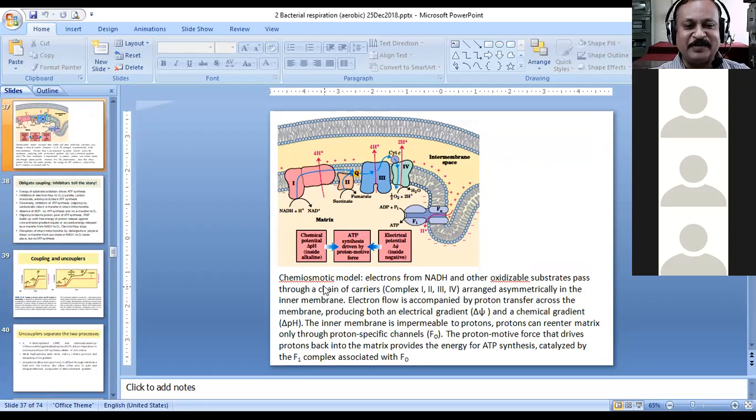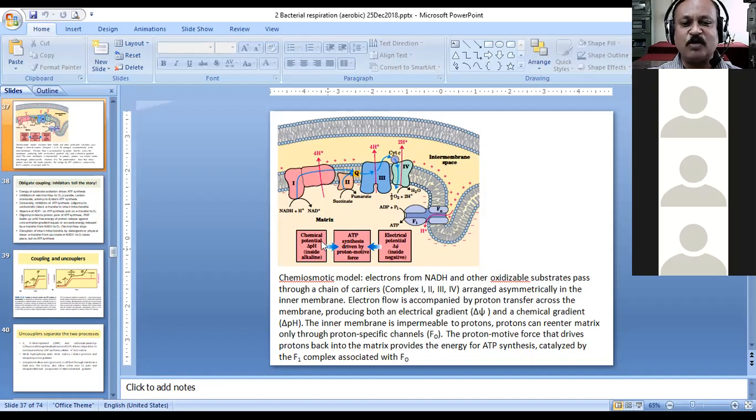So this is what is telling us about the chemiosmotic model, and this is an important thing to understand because there might be a question in the exam. If it was a descriptive type of exam, then a big essay type of answer could have been expected from you. But since I think this will be an objective exam, you should read about this description, and there could be any question pertaining to this particular concept. So what is the chemiosmotic model?